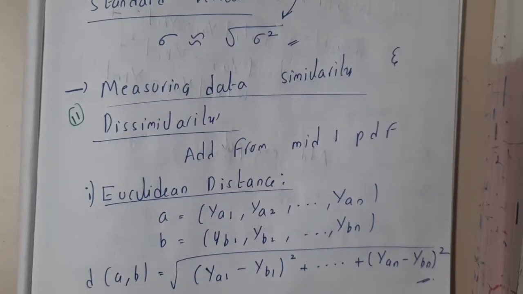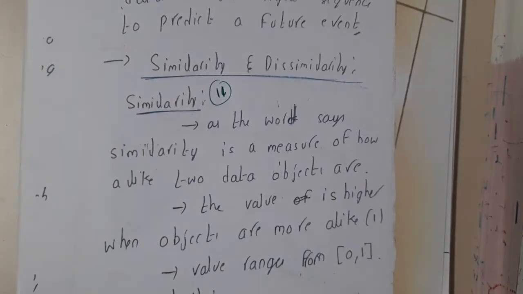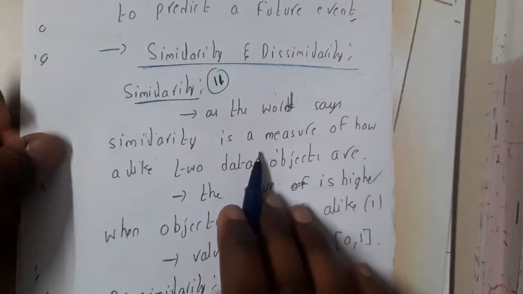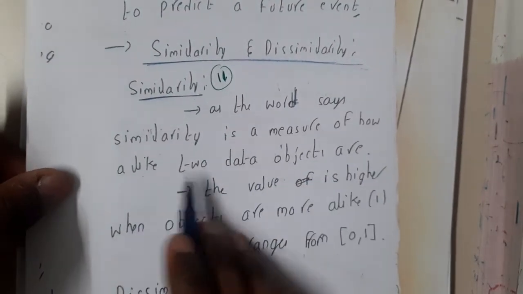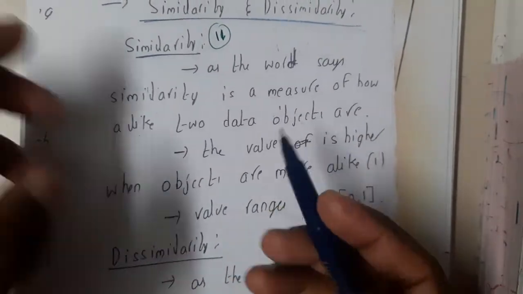In this lecture, let us go through the concept of similarity and dissimilarity of data, guys. So similarity, from the word itself you can say. As the word says, similarity is a measure of how alike two objects are. Basically we will be saying that these two objects